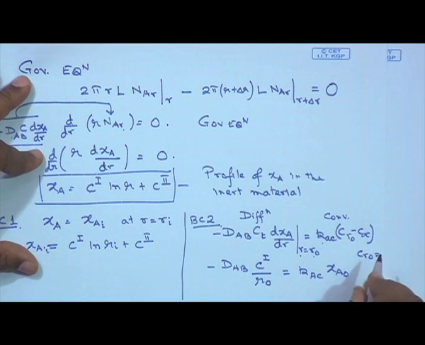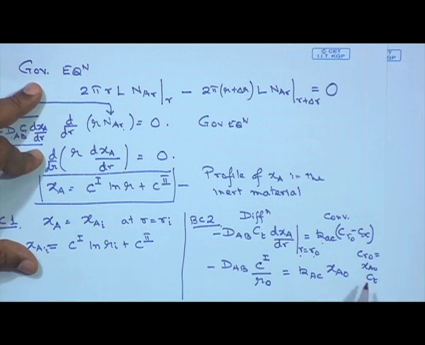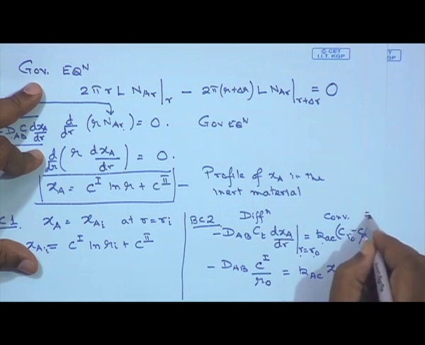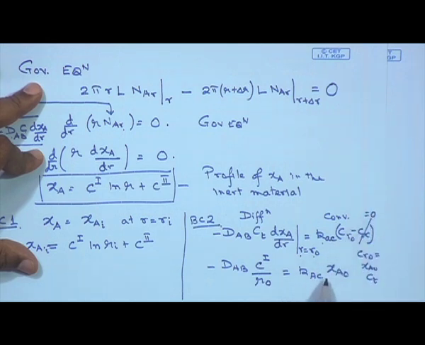XA at R0 is equal to XA0 times Ct. And XA infinity is 0. So, this part is going to be equal to 0, and after I cancel Ct from both sides, what I am left with is Kac times XA0. So, this is one condition which is obtained by equating diffusion and convection and identifying that